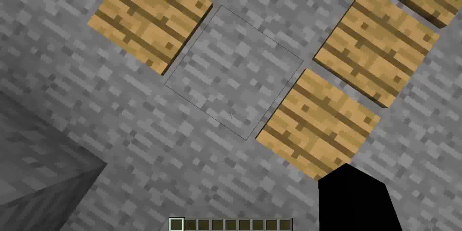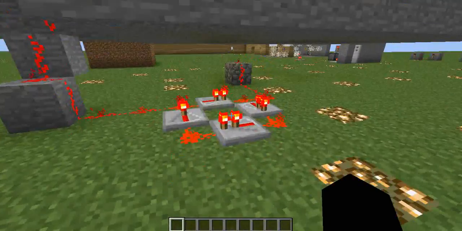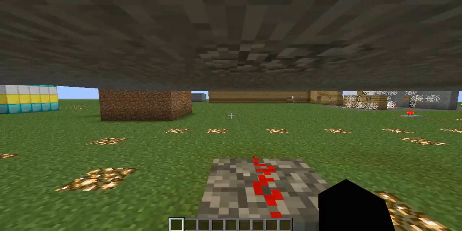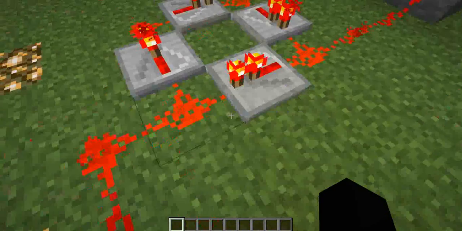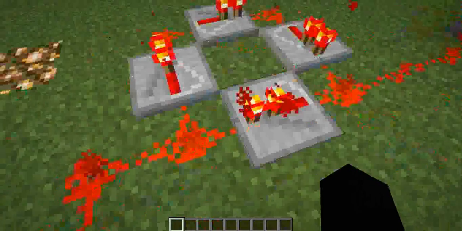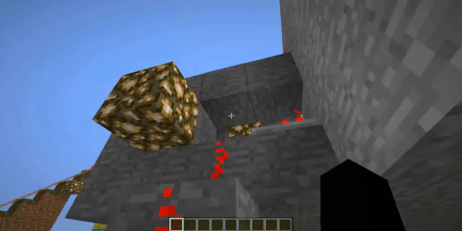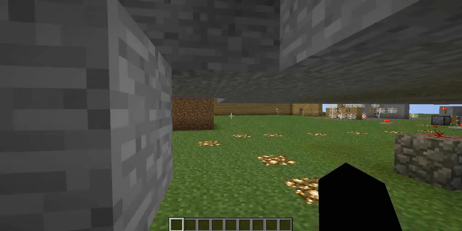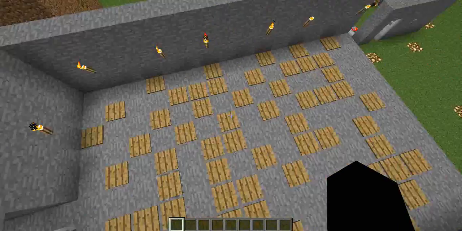Yeah. So, how this works, we're gonna have to go under. This is exactly under the pressure plate, as I said. It's marked with cobblestone. The wire will go through here. It'll go through this loop thing that'll keep it on no matter what. And it'll open up the door. Even if I am to get rid of the pressure plate,